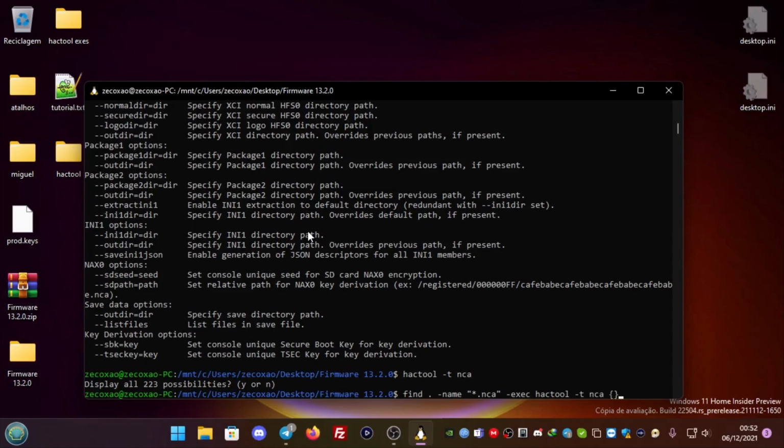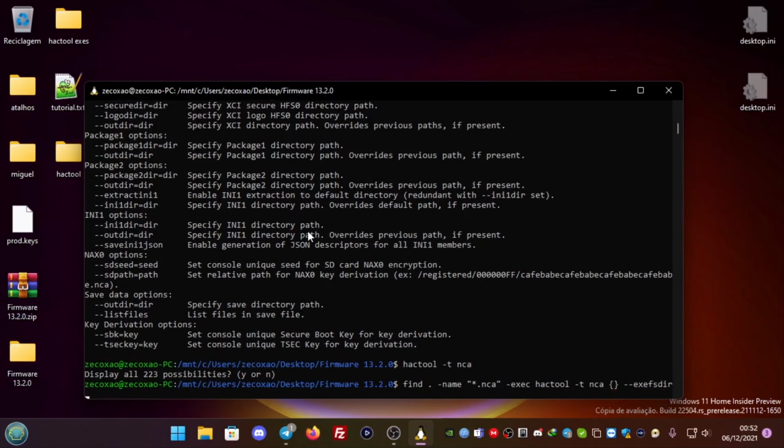We're going to select all NCAs, and we're going to use the option --exefsdir, and it's going to be the name of the NCA, .out/exefs, and exefsdir equals name of NCA .out/exefs, and we terminate with these two special symbols because it's a find with exec,